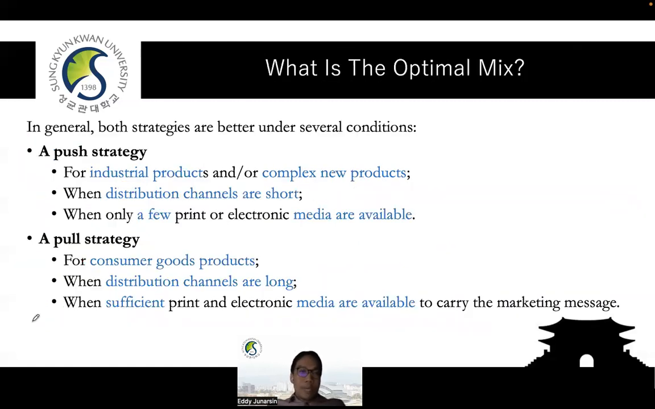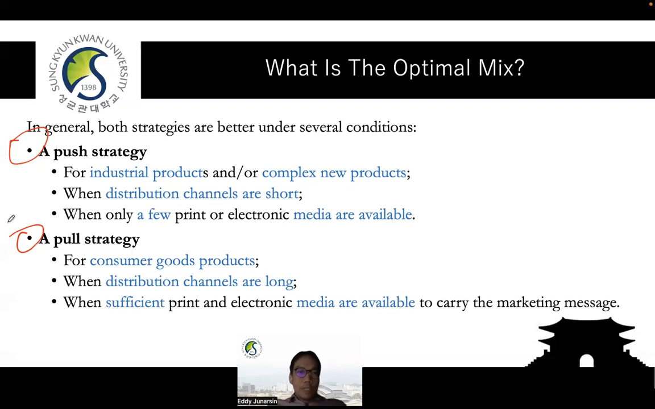So what is the optimal mix? Of course, in real life, everything could be combined. It's not mutually exclusive decisions. It's not like if we are choosing the pull strategy, we could abandon the push strategy altogether. It doesn't work that way. In real life, we combine everything. We get the best of a strategy, and if another strategy could work as well, we can do the melting